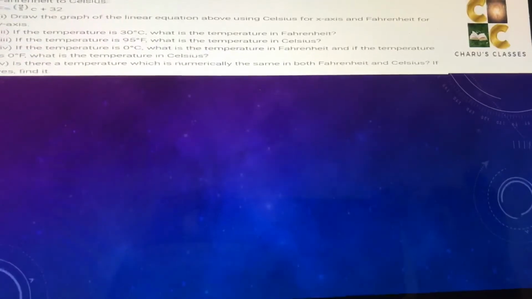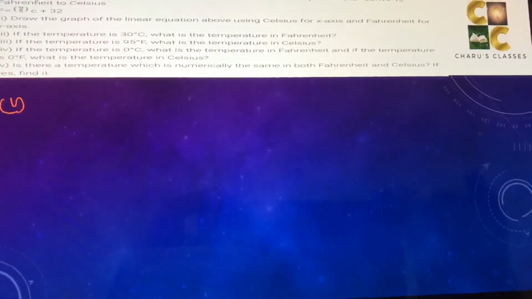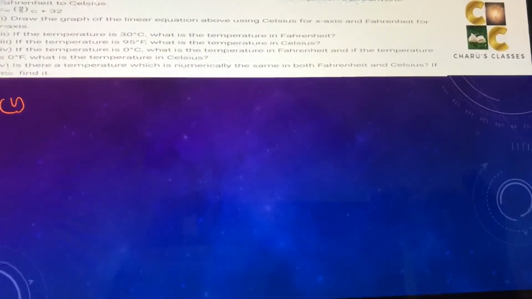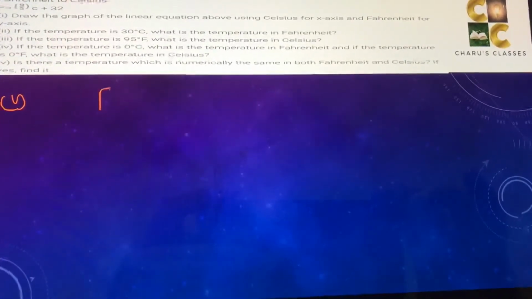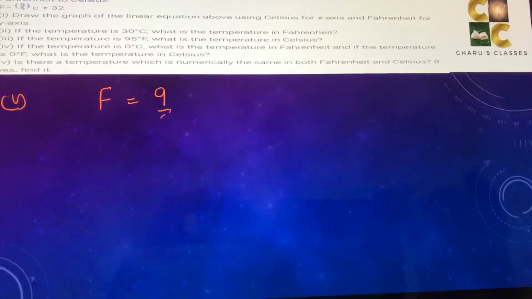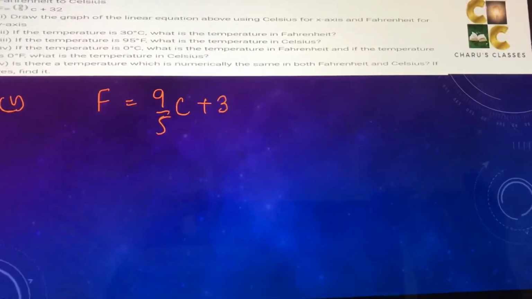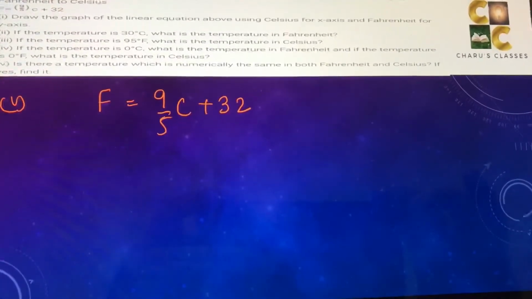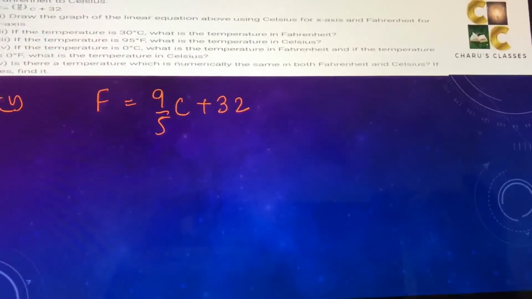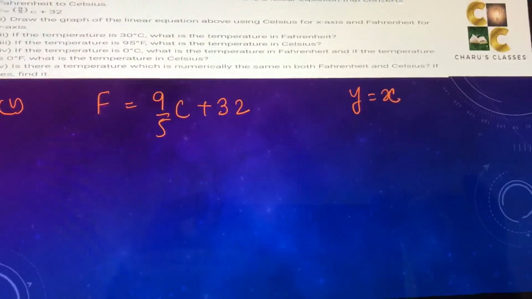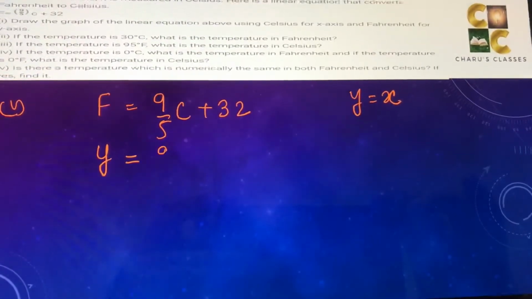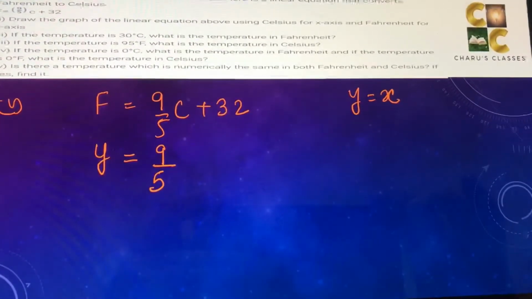Part 5, is there a temperature which is numerically the same in both Fahrenheit and Celsius? If yes, find it. So we are saying that let's assume that F and C are equal at some point. That means our y and x will be equal, right? Y is equal to x. So I can write x as y here,